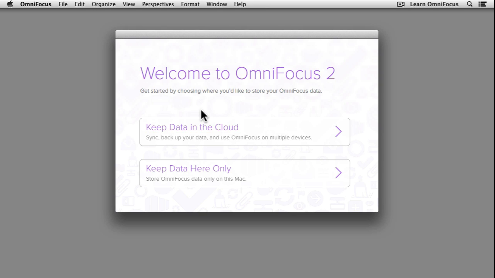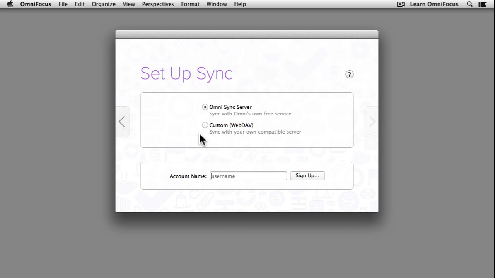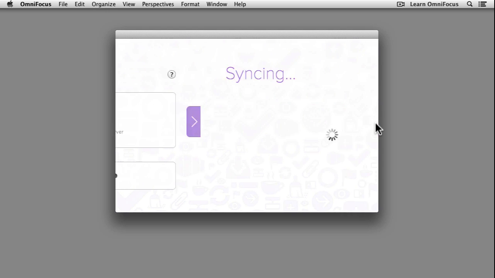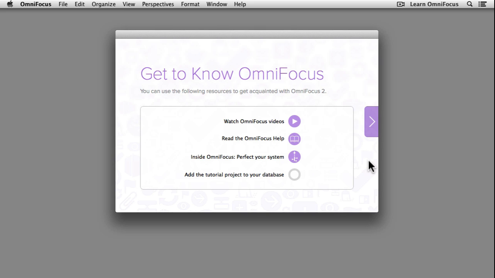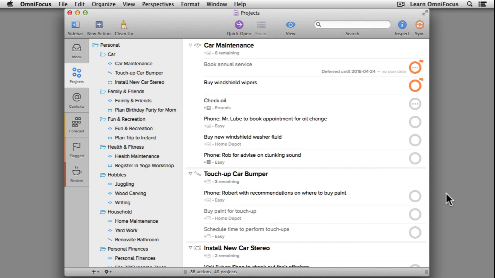I can access the data stored in my OmniSync account simply by clicking Keep Data in the Cloud and entering my OmniSync server account name, which is Learn OmniFocus, and then clicking the right arrow. And once we're finished with the sync, I'll be given a few links to help me learn OmniFocus. We'll skip past these for now by clicking on the right arrow. And here we are in OmniFocus 2 with access to all of the projects and tasks that were synced from